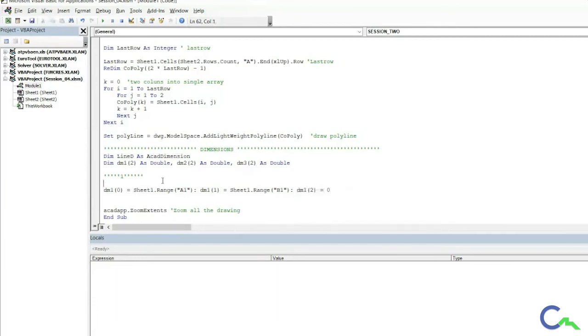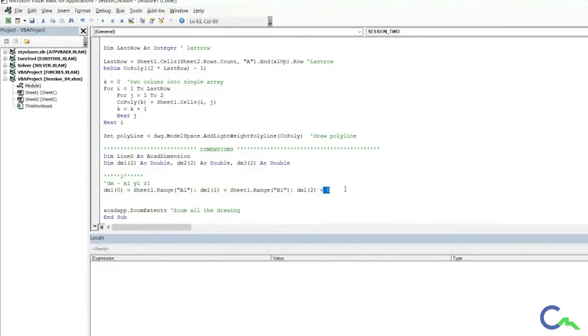So to make it understandable, every dm, that is the point, will have 3 things, right? First the x1, the y1, and the z1. So x1, we have given this point, that is 0. y1, we have given this point, that is 0, and this is 0, right?